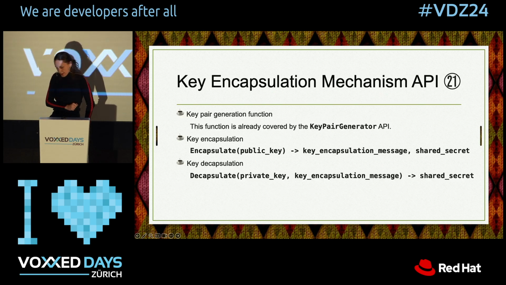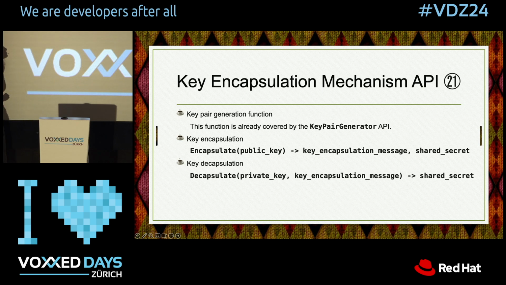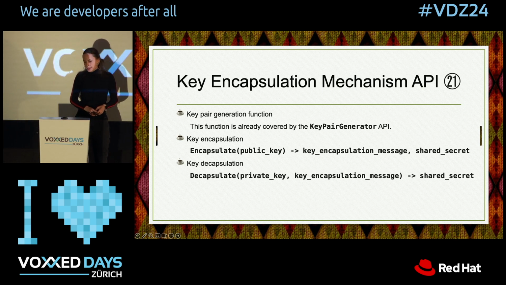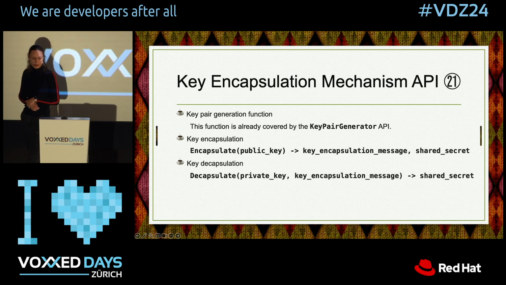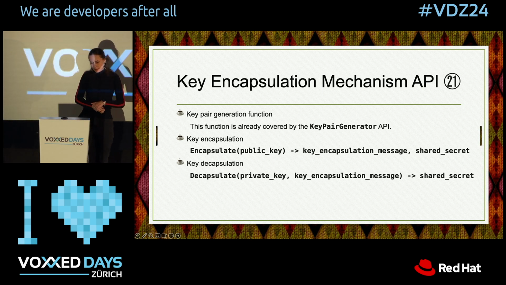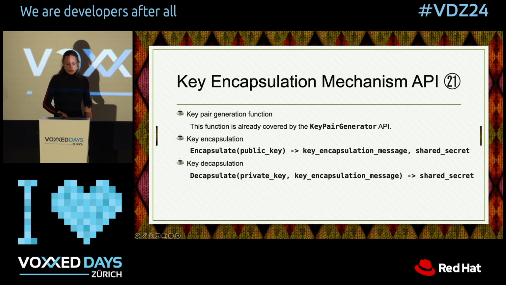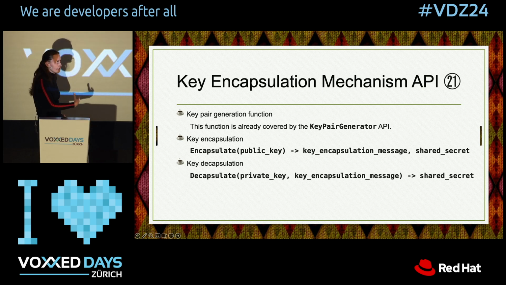Okay. What are these components in the API? The key encapsulation mechanism API has three components. One is the key pair generation function, which is already present in the Java Security API via the KeyPairGenerator API. There is a new key encapsulation function, the encapsulate function, that's called by the sender, and takes the public key as input and outputs the shared secret key. And of course, key decapsulation on the other side uses the private key that is on the receiver side,